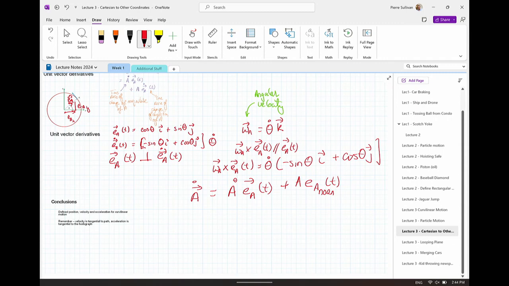Now, I haven't defined the second coordinate direction yet, so I'm just going to refer to this derivative as EA norm. So it's acting in the normal direction. And